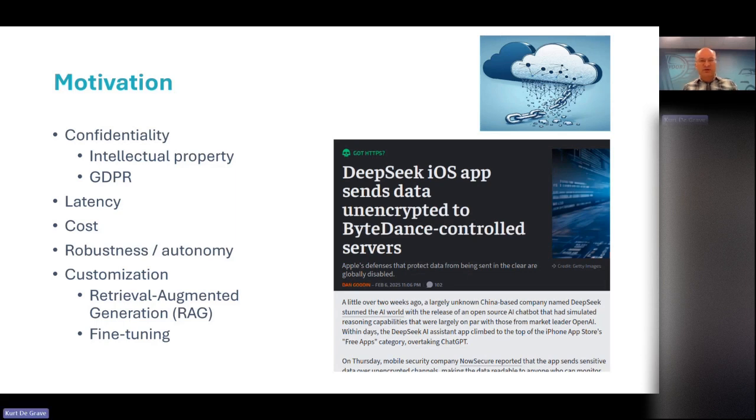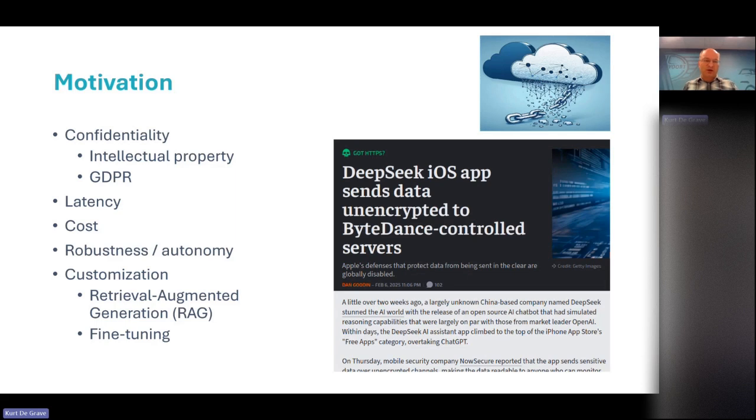So one of the main motivations of using your own LLM is confidentiality. All the data, all the interaction you do with the model, if you run your own model, you keep that information. So if you're working with confidential data, you might want to restrict the partners that you're sending all your confidential documents to.